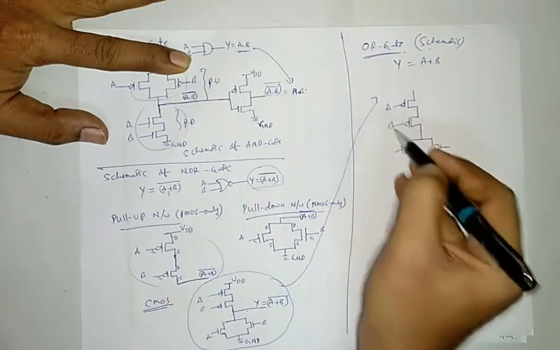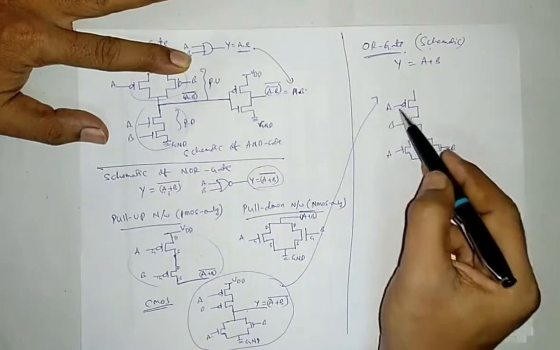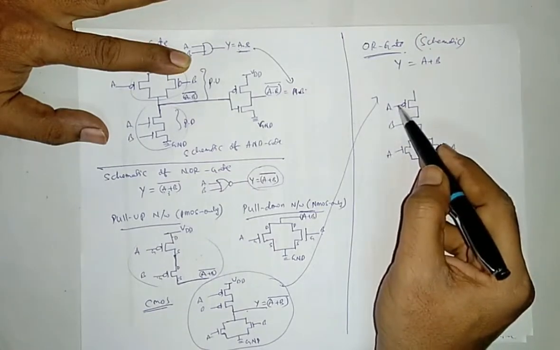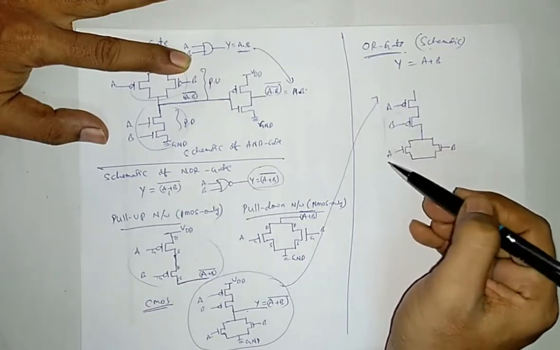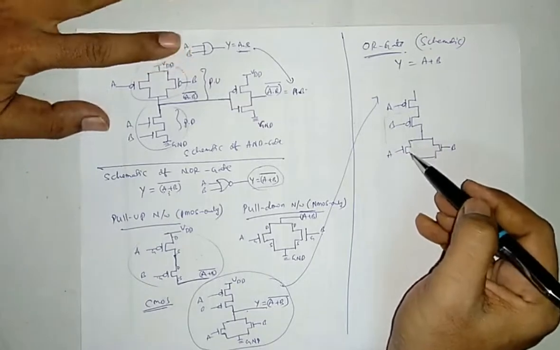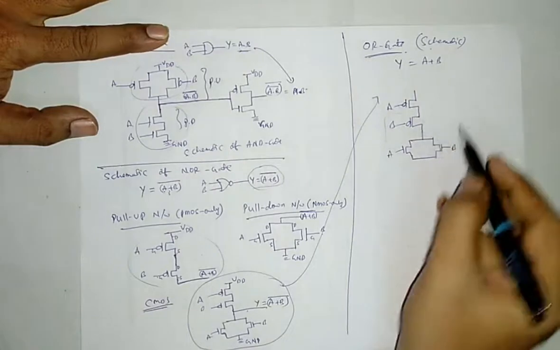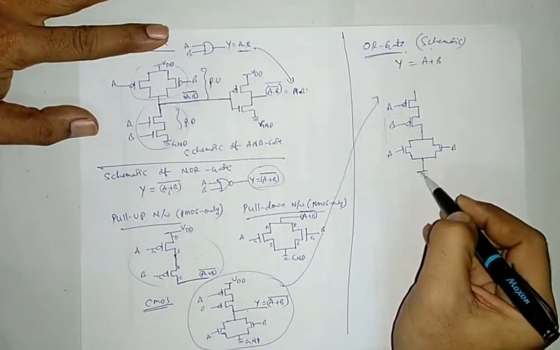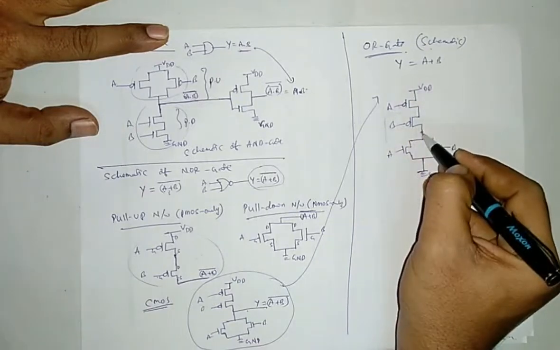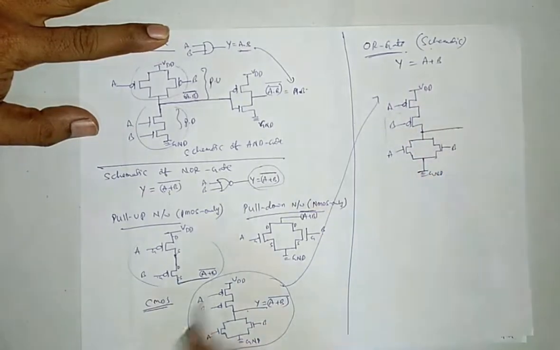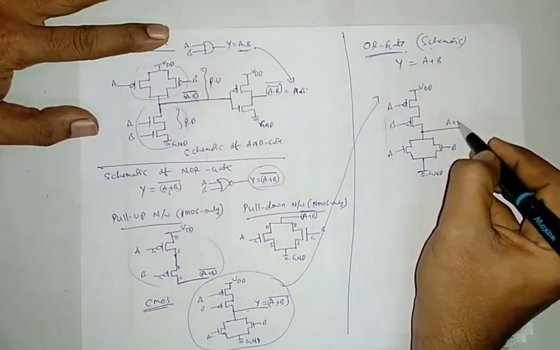A, here it is B, here it is A, here it is B. These inputs are common inputs. If you want to, you can make an interconnection from here to here. But if you draw it, you will get some confusion at this time. It is not necessary. Draw the separate inputs. Then it is ground, it is VDD. So at this point you have to take the output terminal. Here what you are getting, (A plus B) whole bar. You are getting Y bar here.